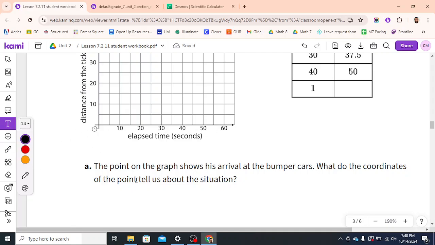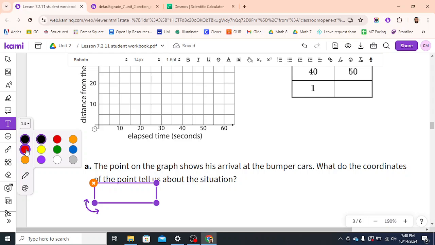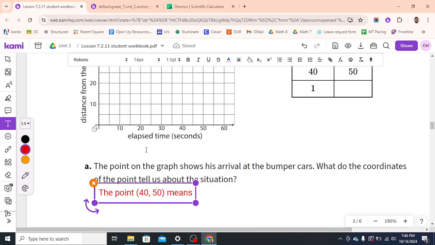Let's go ahead and put a simple sentence here. Let's go ahead and type and you print. The point 40, 50 means. I'm trying to give you a little bit of time to think and catch up with your writing. The point 40, 50 means that Tyler